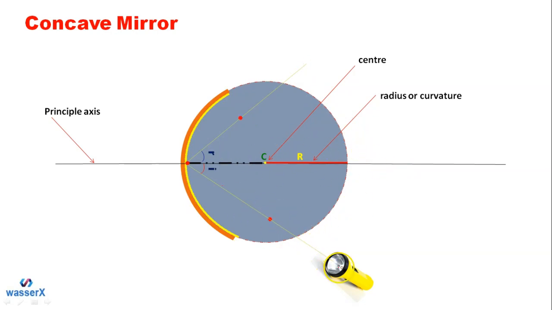As you can see, when you put on the torch, the ray will be incident at a point, let's say this point is P. After being incident at the point P, it reflects back by making an equal angle, and this is following the law of reflection, as you can see, where angle I is equal to angle R. That we have already studied, right?